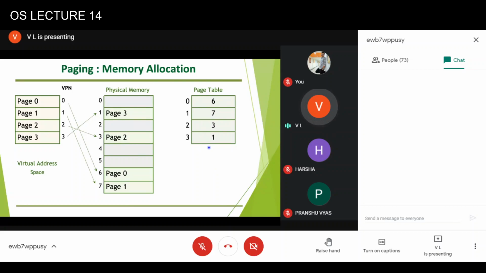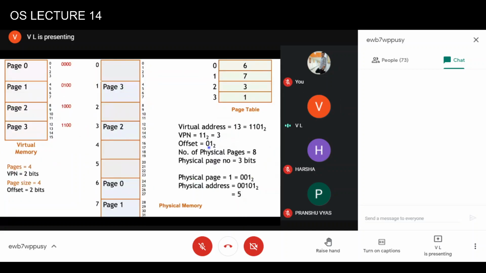Now, this is a scenario in which we are assuming that every page consists of 4 bytes. That is just an illustration. If you look at the page numbers, page 0 starts from address 0000, and page 1 starts from address 0100. These are the binary numbers, and here I'm just showing the decimal indices. So these are the virtual addresses in decimal, and these are the virtual addresses in binary. I'm showing the binary only for the start of each page.